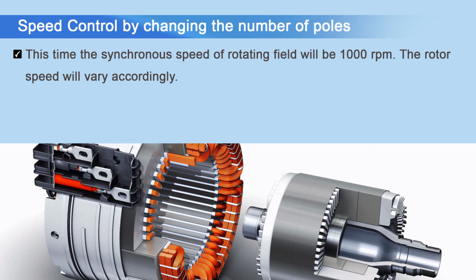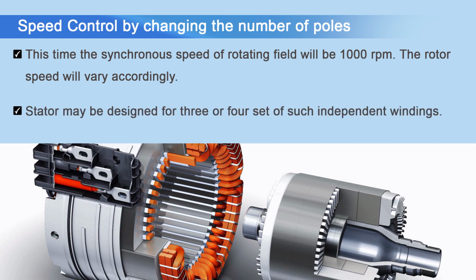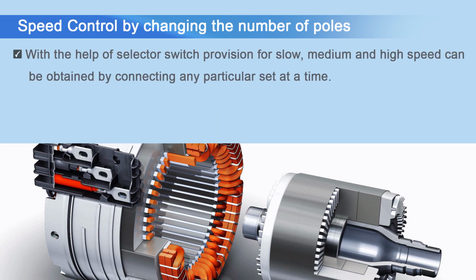Ns is equal to 120 f upon P. What we are doing? We are altering the number of poles and accordingly Ns is changing. The rotor speed will vary accordingly. The stator may be designed for 2, 3 or 4 sets of such independent windings, and with the help of selector switch, provision of slow, medium and high speed can be obtained by connecting any particular set at a